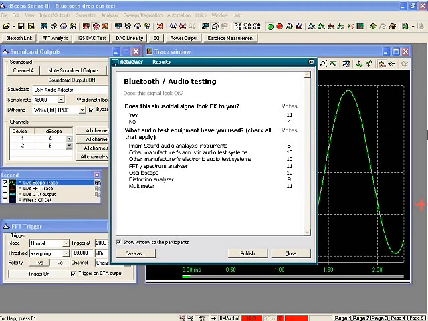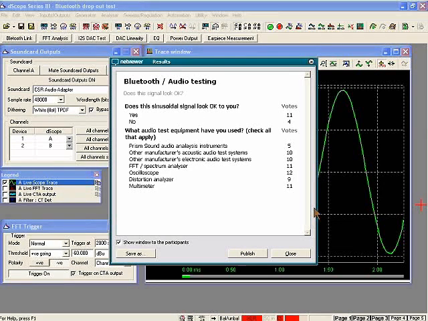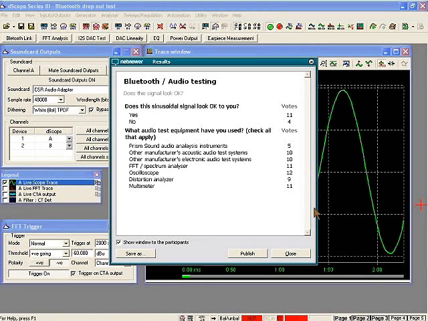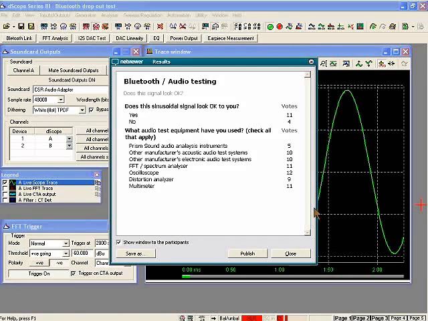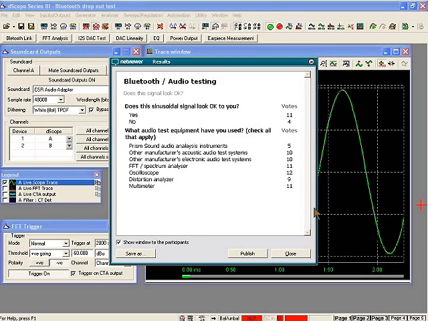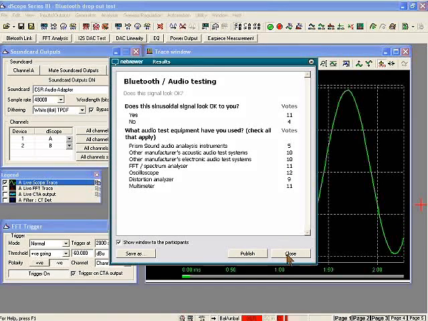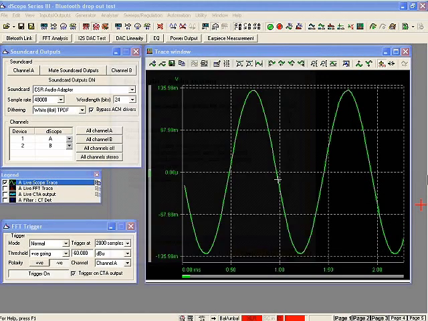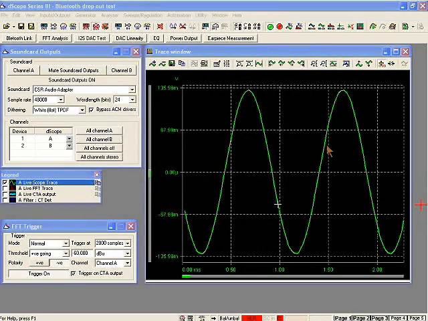Looking at the second question, there is a good mix there. A few of you have used Prism Sound audio test instruments in the past. It's good to see we have some existing customers who've come to the webinar, but we also have some people who perhaps haven't used our systems. They've used other manufacturers' systems, or perhaps different types of audio analysis instrumentation there. So that's good. There hopefully should be something for everybody in this session today, whether you're a Prism Sound test instrument user or not. So we shall close the survey for now,